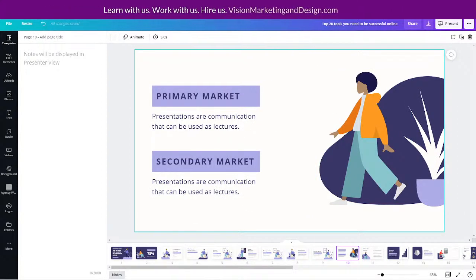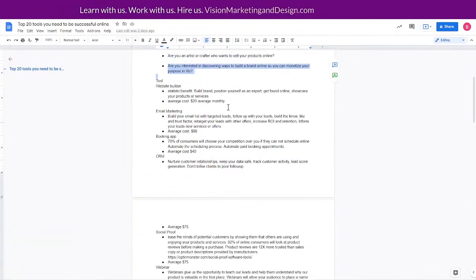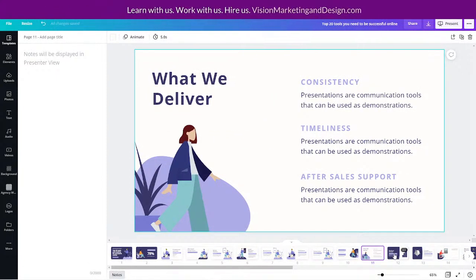And if you look at our outline here, here we start in on the tools. Okay, so when we choose a slide that has the tools, we definitely need website builder, and then we need a description here, and then we need average cost. Okay, so in every slide that we need for all of these tools, we need to make sure that it does include those things, just to make it so easy for us.